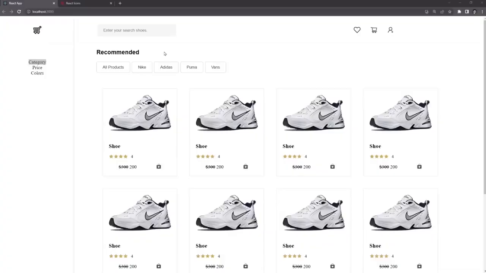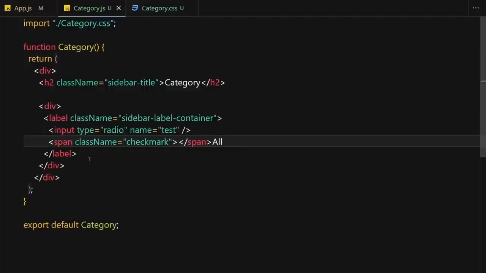So if you just save our file, here you can see we are now getting this checkbox or check mark right here. We're specifying that, oh, but we are not getting it. Okay, we are getting it right here, but we have to take care of the styling. But before getting into all of that, we have to duplicate this JSX right here,